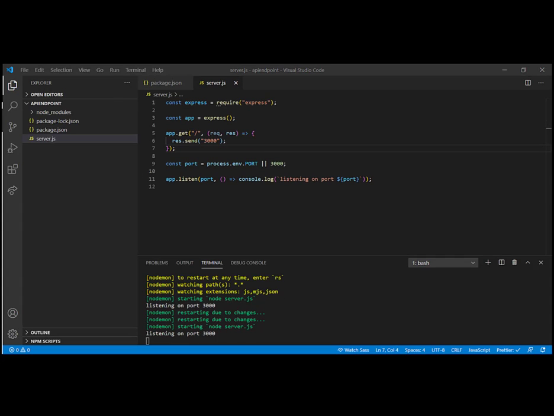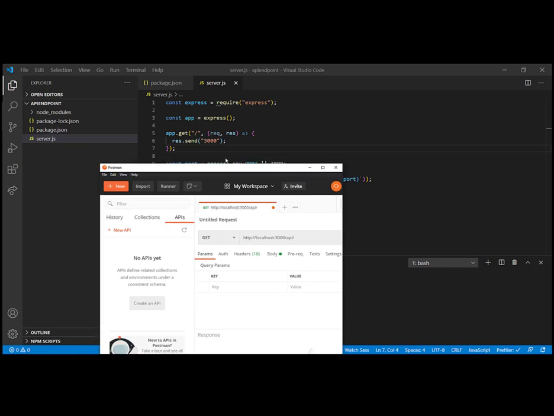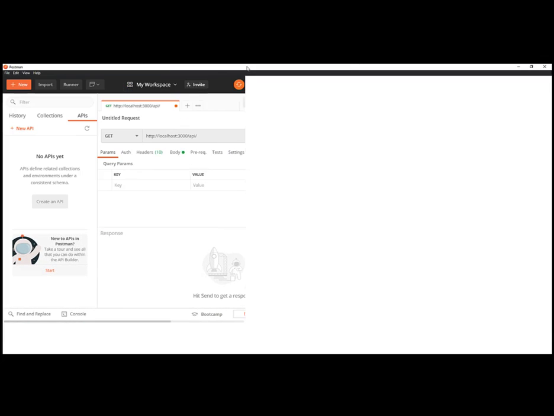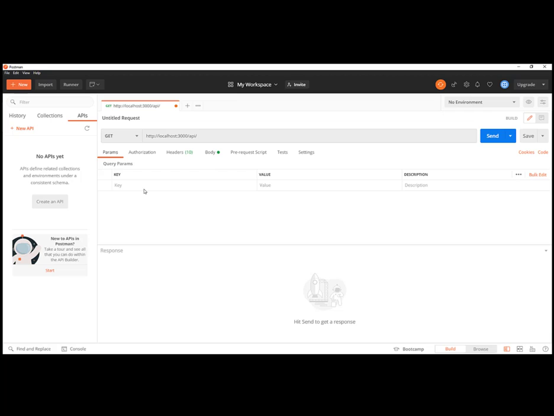I'm going to use Postman to make all the requests. In my opinion, Postman is the best for working with and testing APIs. So you can just go to Postman and download it. Now, to set this up,